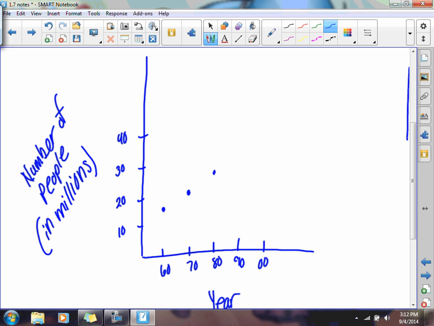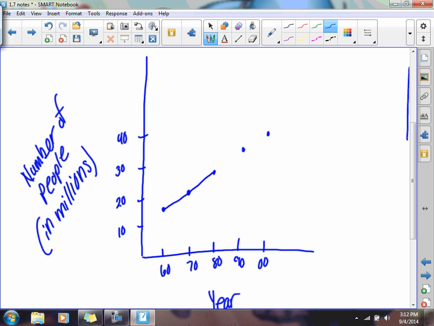In 1990, there were 34.3, so almost halfway between 30 and 40. And then in the year 2000, there were 39, so almost all the way up to 40. So I have a point for each of those pieces of information, and then I'm going to connect my points